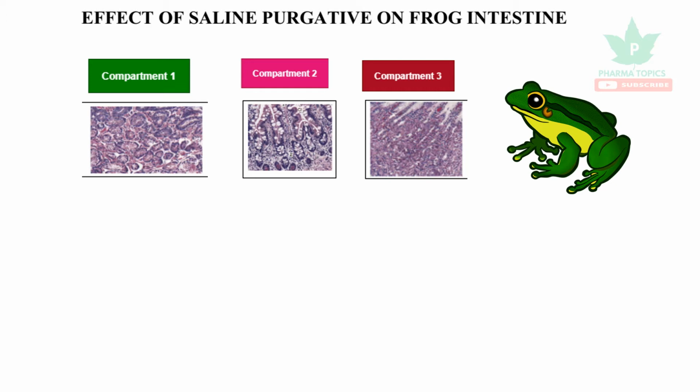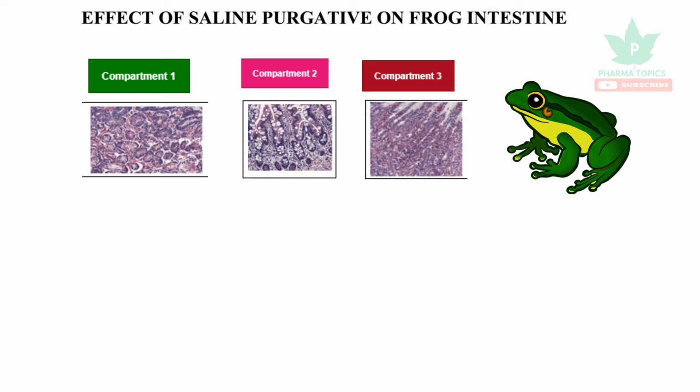There are four kinds of laxatives or purgatives which are available to treat the constipation. They are saline purgatives, fecal softeners, contact purgatives, and bulk laxatives. The saline purgatives work by the mechanism of osmosis, and they are charged ions, usually magnesium or sodium or potassium ions act as saline purgatives.